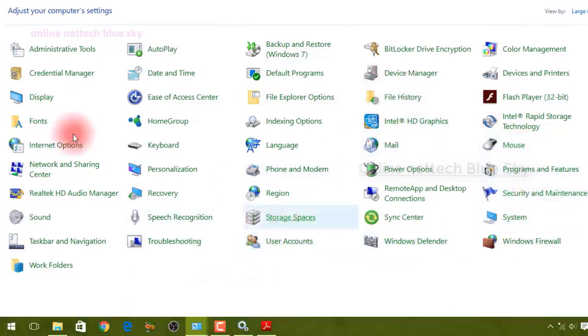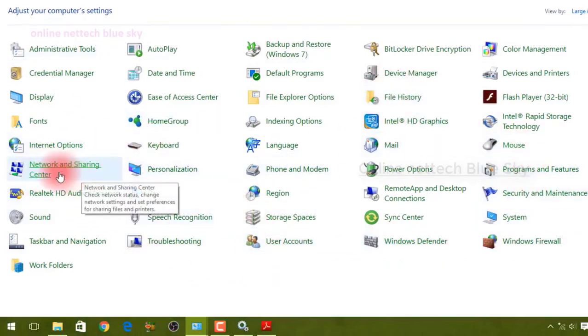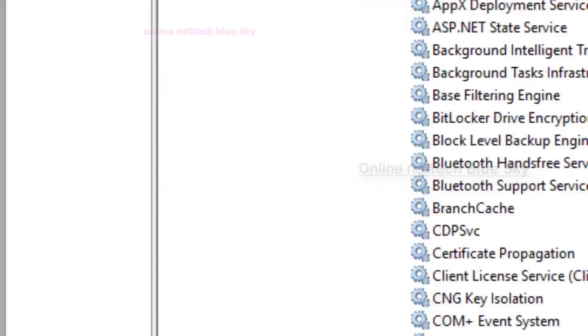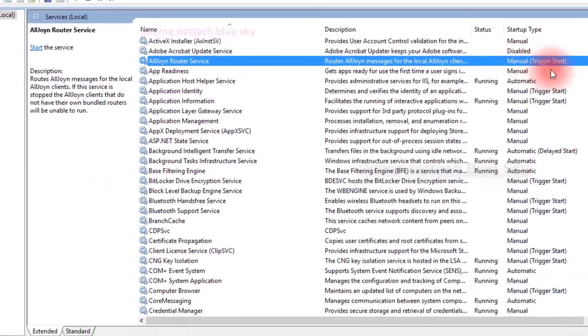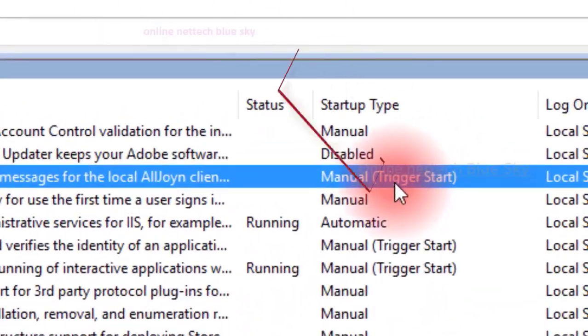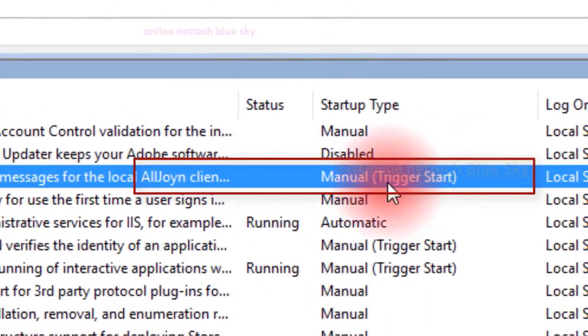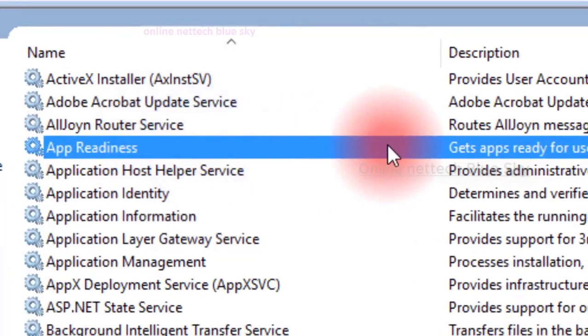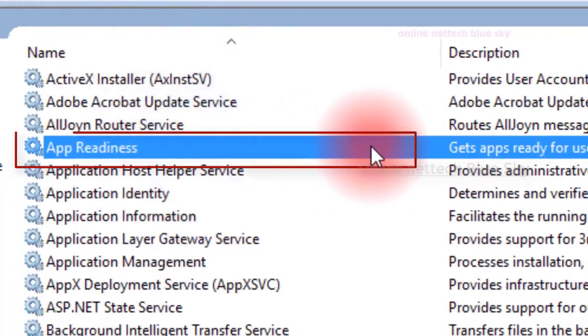You can see this is the control panel, network services, network and sharing center. What the network and sharing center is, I will discuss in some video. So a manual trigger start means when you power on your computer, these services do not start, but when your router connects, at that time the services start.